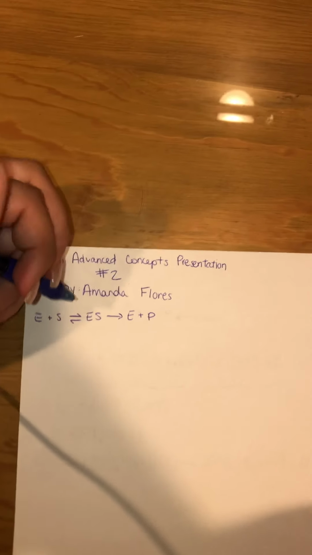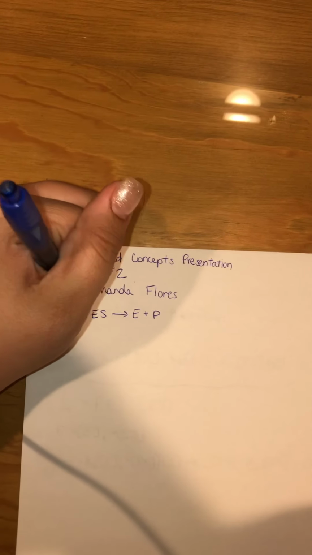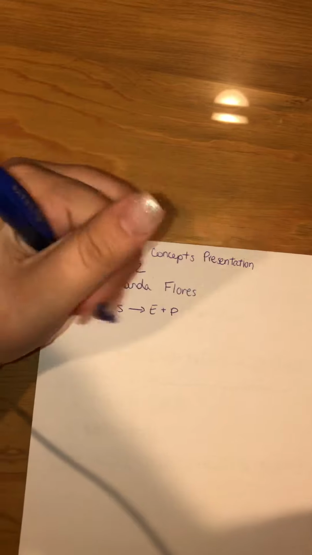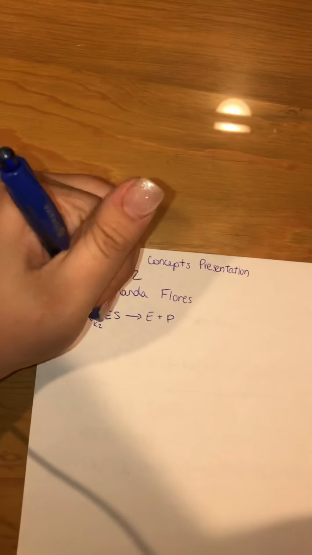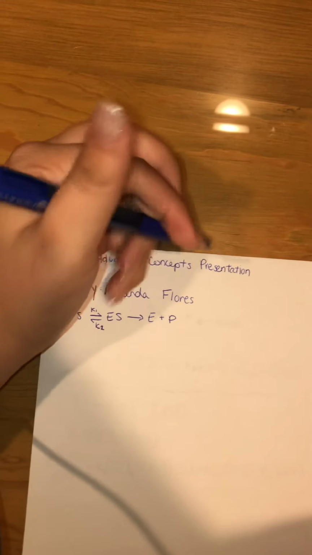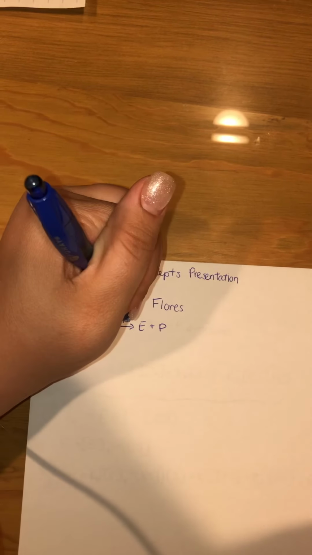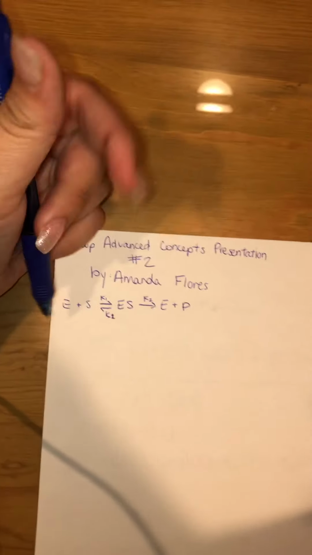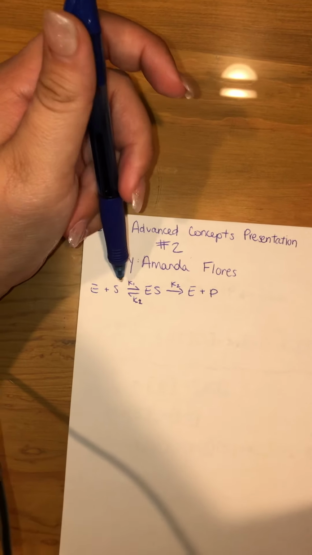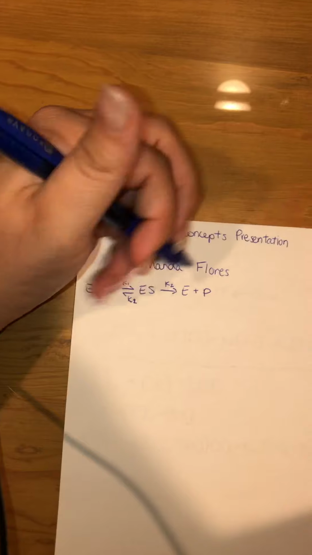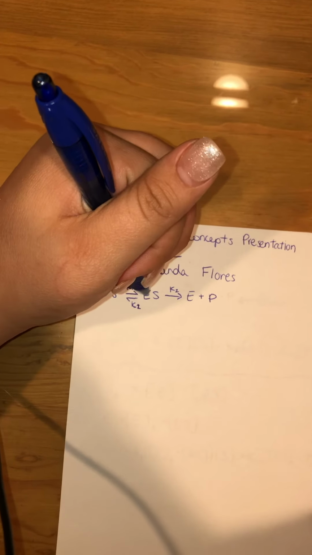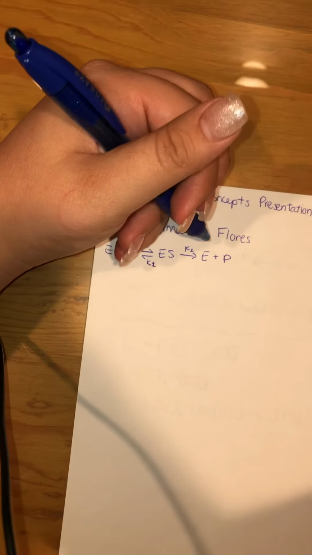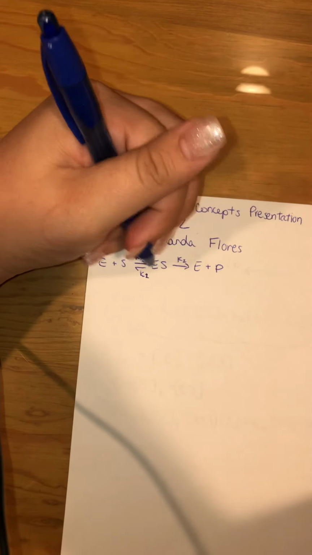So this top one would be labeled K1, which is a forward reaction. This one would be K negative 1, which is a backwards reaction. And then this one would be a forward K2 reaction. So here, the enzyme and the substrate reacting together form the enzyme-substrate complex, which is also known as the Michaelis-Menten equation. So from this equation that we were given,